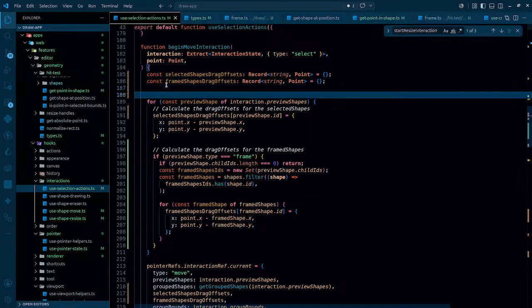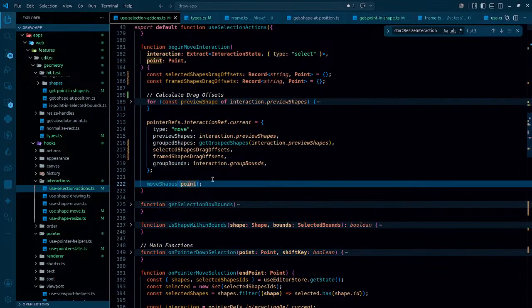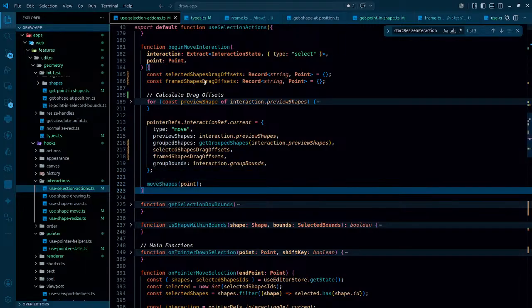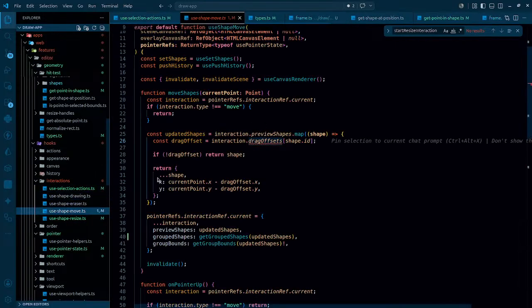Okay, fine. Calculate offsets. This is done. Then here we are just simply saving the values. What is the good thing that we've done here? Then we start moving the mouse again depending on the need. We just simply begin the interaction, and now what will happen that when I move the shape this time,